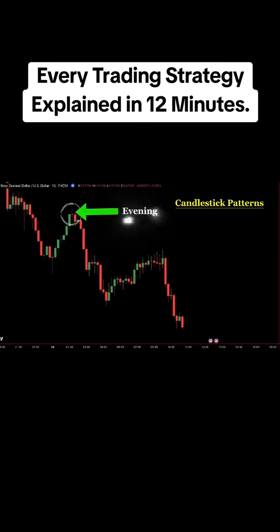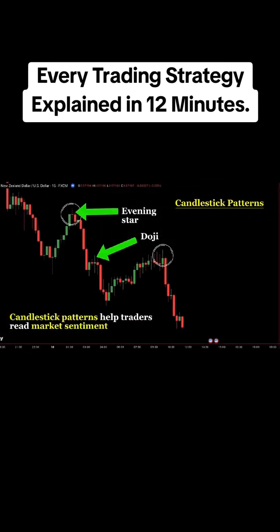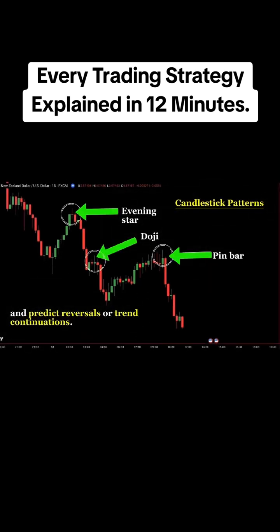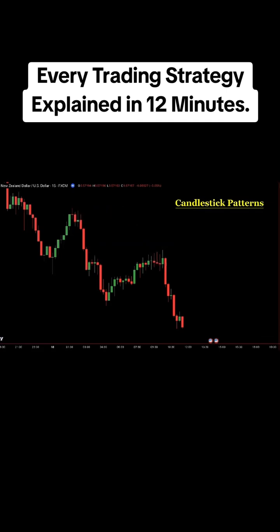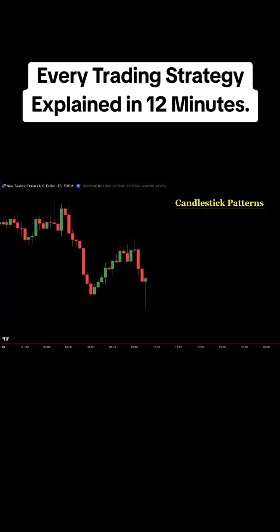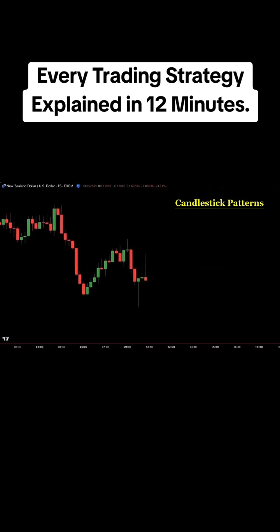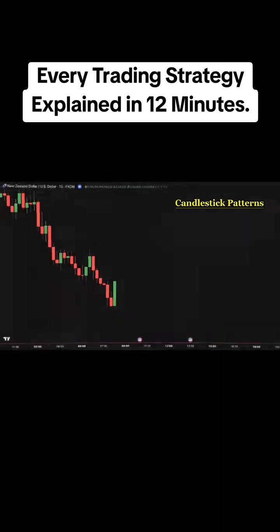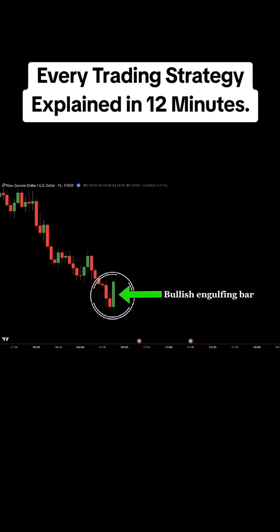Candlestick patterns. Candlestick patterns help traders read market sentiment and predict reversals or trend continuations. Some important candlestick patterns include the hammer, which has a small body and a long lower wick, signaling a potential upward reversal. The bullish engulfing pattern shows a larger bullish candle completely engulfing the previous bearish candle,